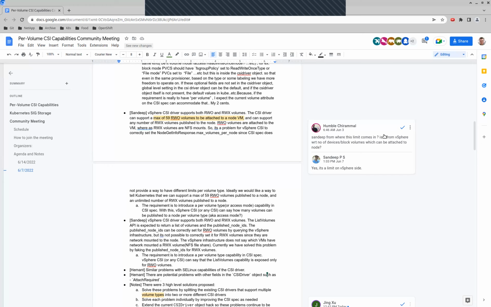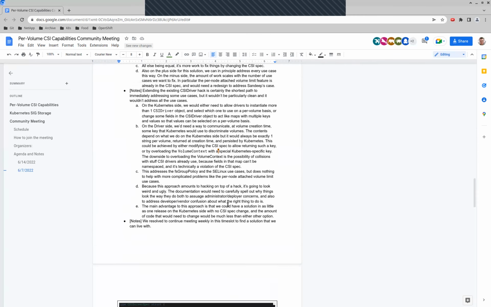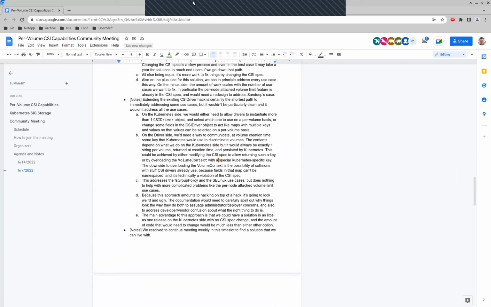Ben, do you have a more concrete design for the third approach, and what problems can be solved and what cannot, so we can think about how to solve them? The third approach is most squarely aimed at the stuff that is in the CSI driver object, things like FS group policy. I guess the SELinux label policy isn't there yet, but